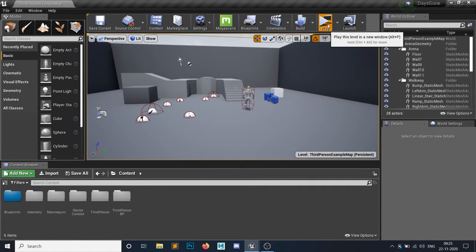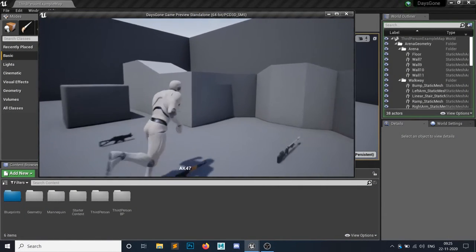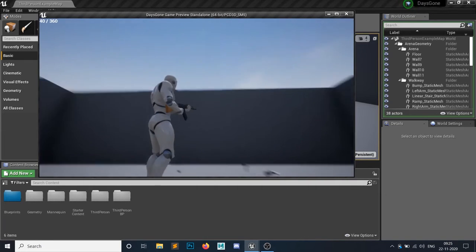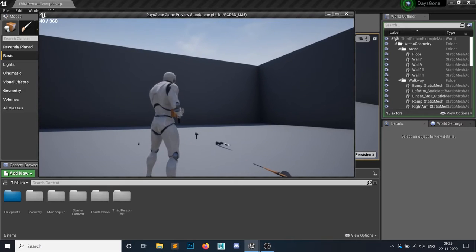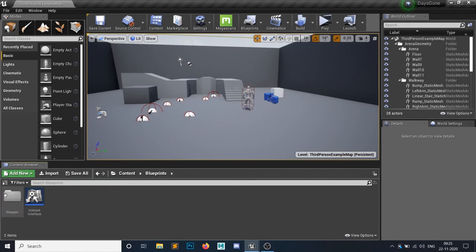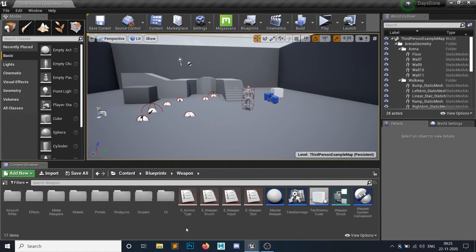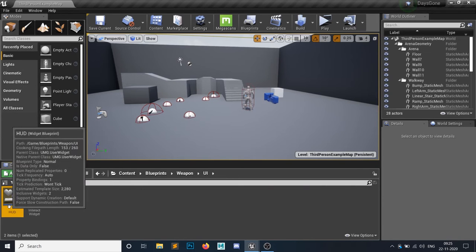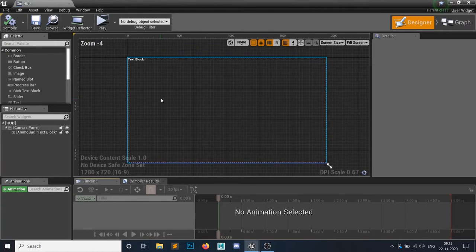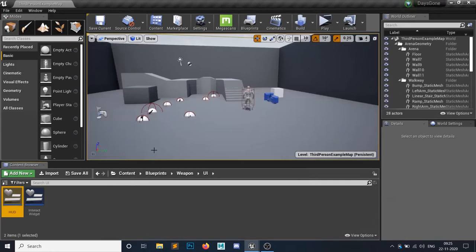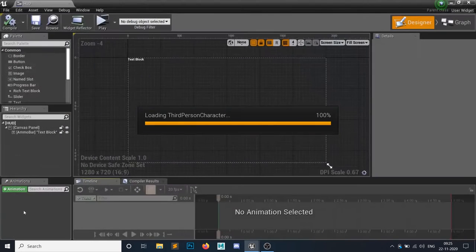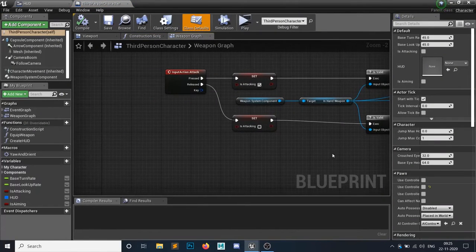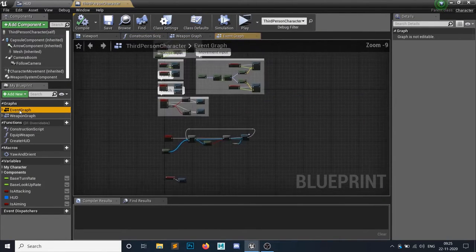If you remember, we created a single text on the top left corner showing how many bullets there are, and we are doing this in the HUD part. As you can see, in my weapon I have created one UI, and in this UI I have one HUD, and I am calling this HUD on the Begin Play of my player character, as you can see in my event graph.